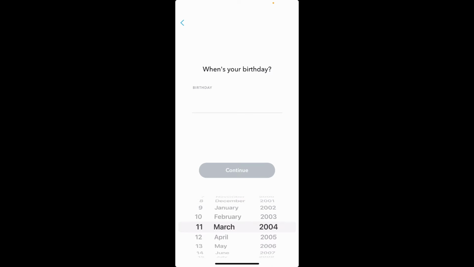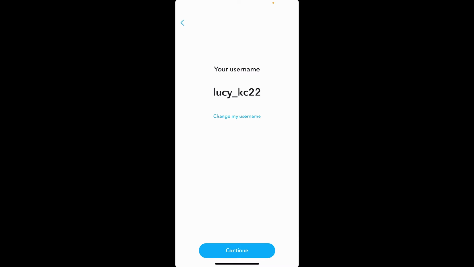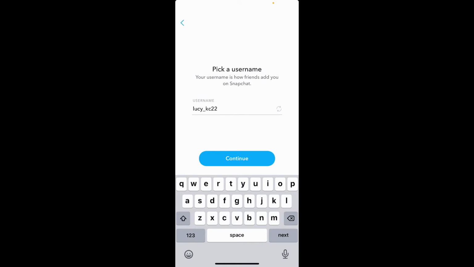Type in your birthday information on the next page. Select your birthday year, date and month from the toggle button down below. Click on the continue button and you'll be suggested a username on the next page. If you want to use this particular username, simply tap on the continue button, but if you'd like to change it to something else, tap on change my username and go ahead and type in a username for yourself that you'd like to use. Finally, tap on the continue button after you are done and now set a password for